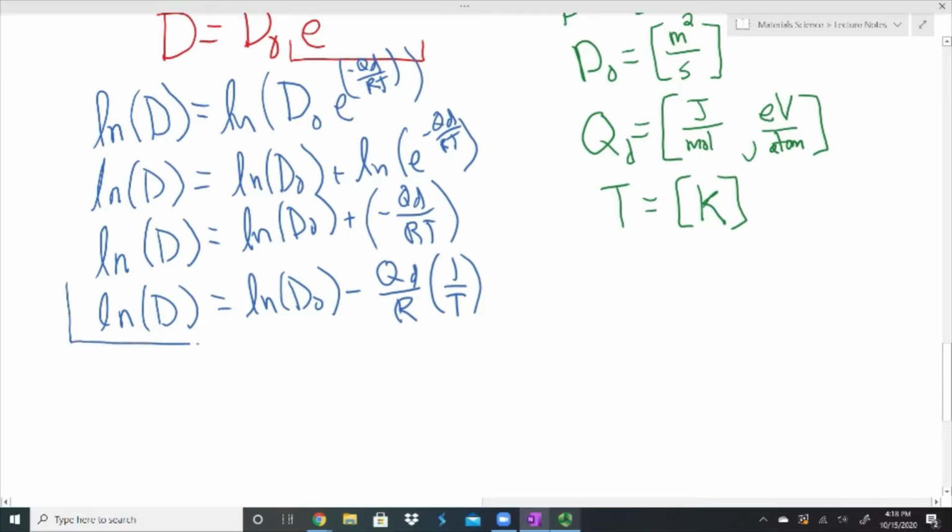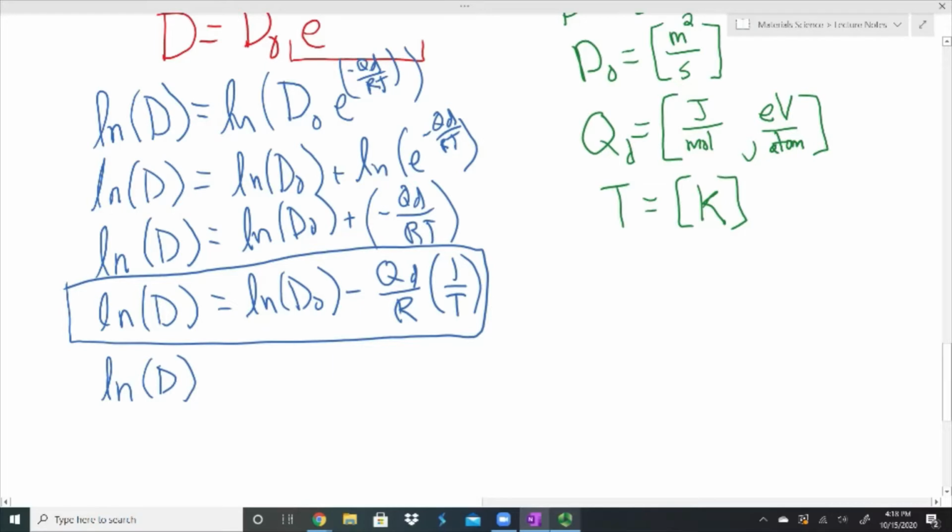All right, so now I'm actually not going to do anything to this except for rearrange it. I'm just rearranging it so that it looks a little bit differently. Really all I'm going to do is take the negative term that's on the right and move that to the left. I'm just going to swap places here. So I have negative QD over R times 1 over T, and I'm going to add